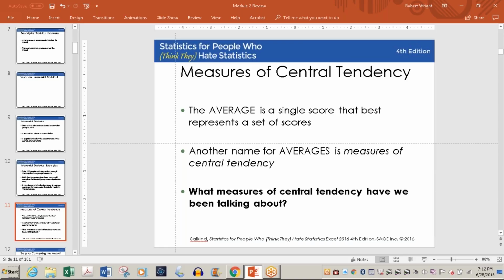A lot of what we deal with, and what this chapter deals with, are what are called measures of central tendency. And of course, being statisticians, they want to define as much as possible, and they want to use terms as confusing as possible. Let's put it that way. A lot of times they talk about averages. Now, when you and I think of an average, we think of a batting average or an average of a class, test scores and things like that. But in the book here, when they talk about averages, basically they're talking about measures of central tendency.